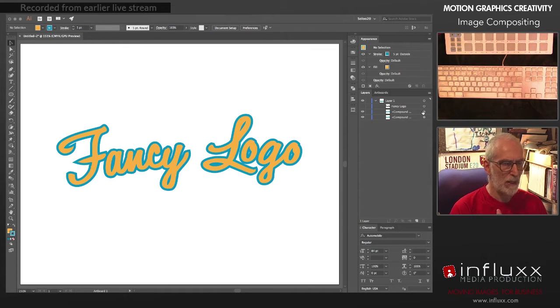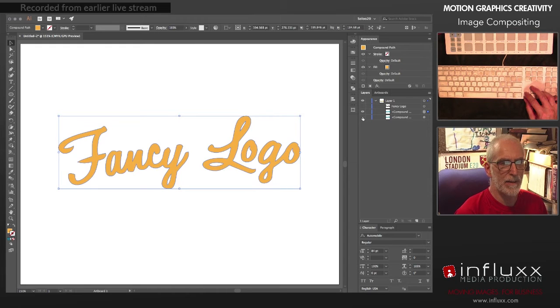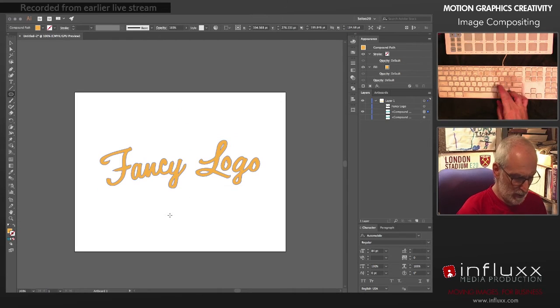But we want to have an exact duplicate right above, kind of like Command J does in Photoshop. Command F will paste this in front, so now I have an exact duplicate here. I can select this copy. Let's kill the stroke on that, and so I'm going to hit L to bring up the